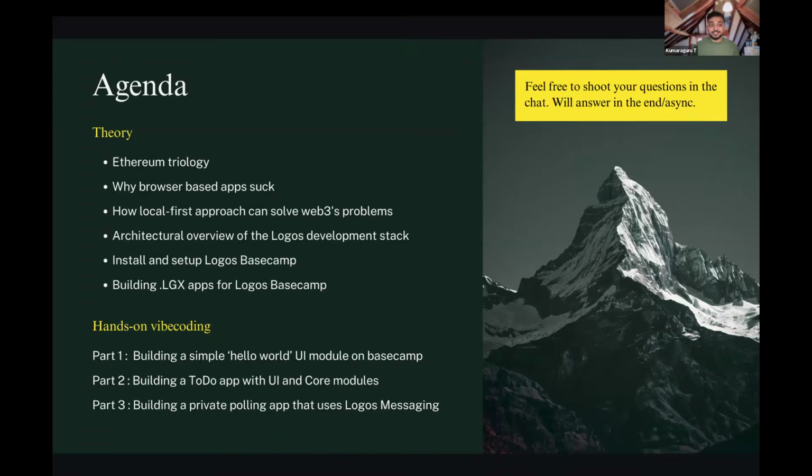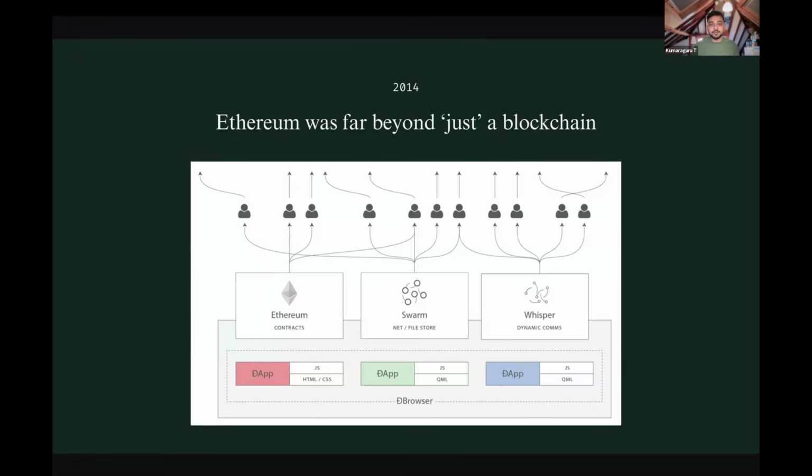For the first section, it's going to be about the Ethereum trilogy. In 2014, Ethereum was far beyond just a blockchain. Ethereum was considered to be a stack, and we had three main components in it. The first one being Ethereum itself, for consensus, where you deploy smart contracts, and this is where the programmability layer comes in. And then there's Swarm, which is a content-addressed file storage network, decentralized and distributed, and